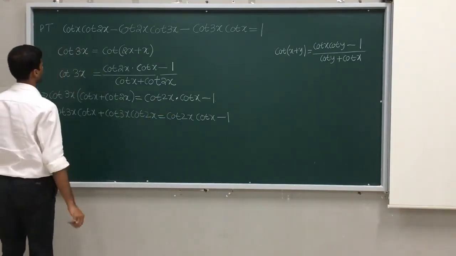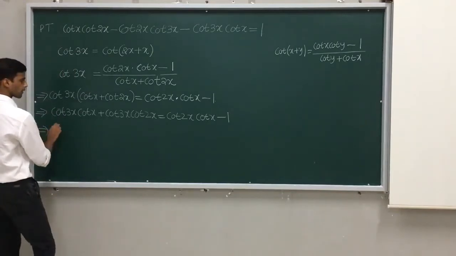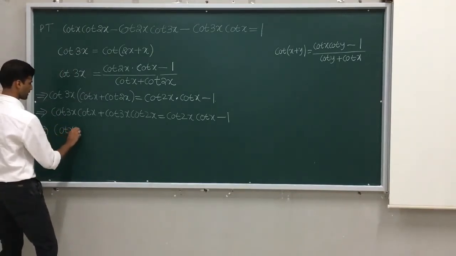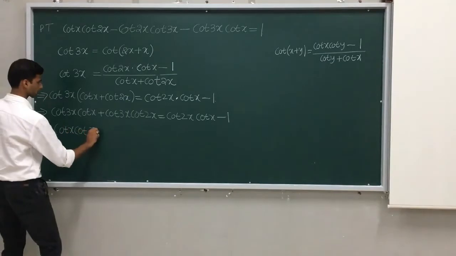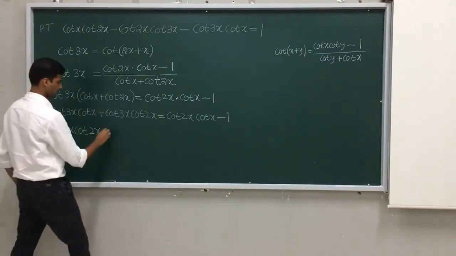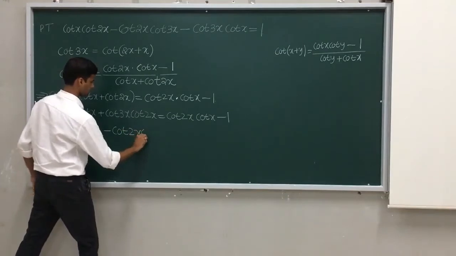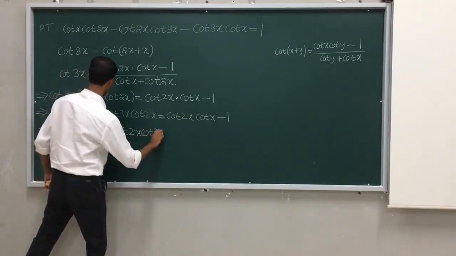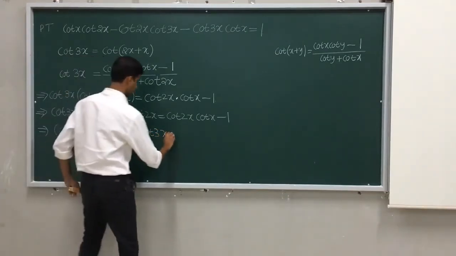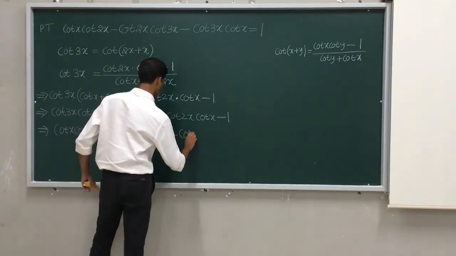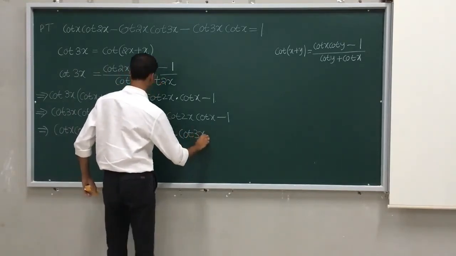So you got cot x cot 2x, okay, bring this side, cot 2x cot 3x, bring this side, minus cot 3x cot x,